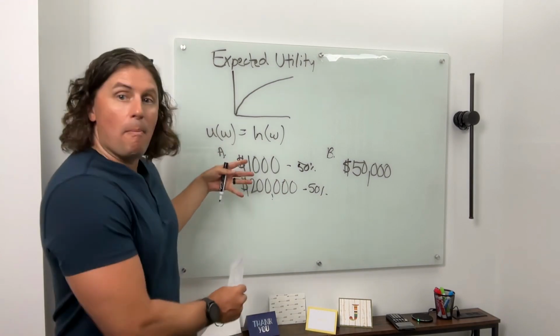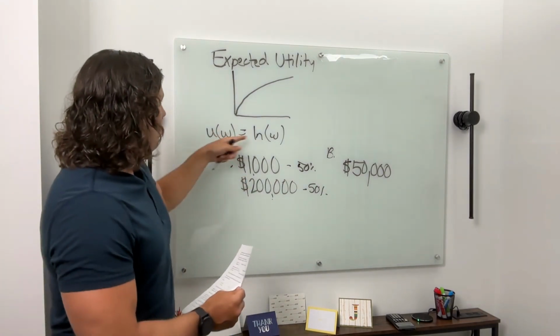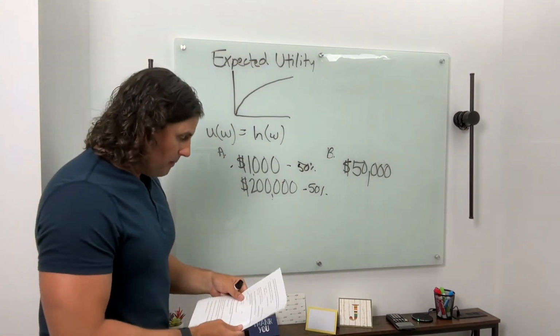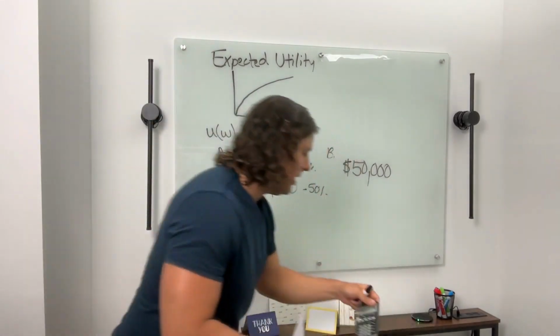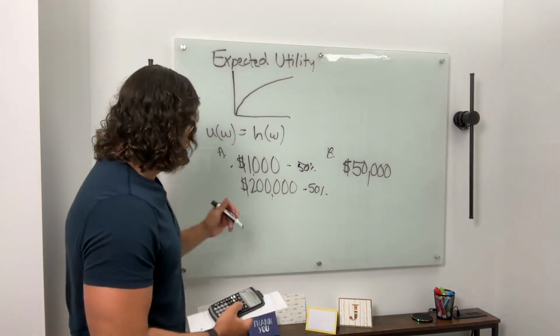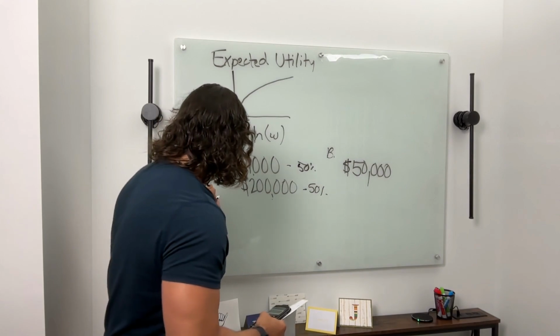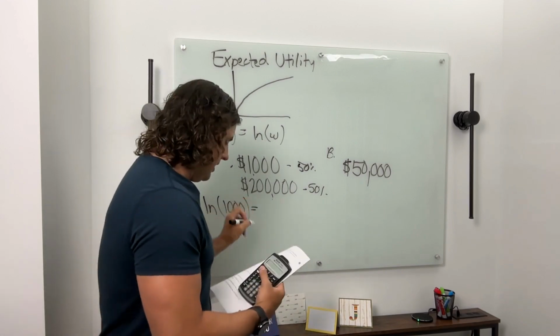Well, we don't know. Maybe there's enough over here, and that's why we're going to run our expected utility function here with our natural logarithm. Okay, so here's how it looks. If I'm punching this into a calculator, I'm typing in 1,000, and then I hit the ln button. 1,000, and then the ln button, and it's going to spit out